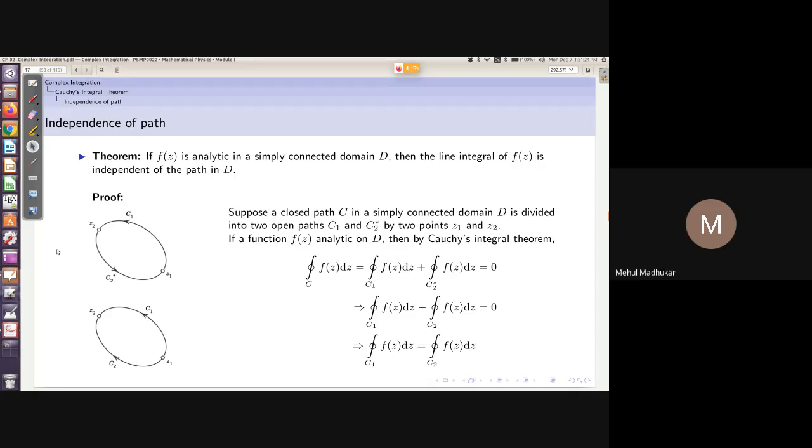Even the scalar potential that you're talking about, when you consider the electric field, we said the electric field is a conservative field, but that is only in the static case. In the dynamic case, the electric field will no longer be conservative. We will do this in detail next semester. We have a course on electrodynamics. I will be taking that course, so we will do that in more detail over there.